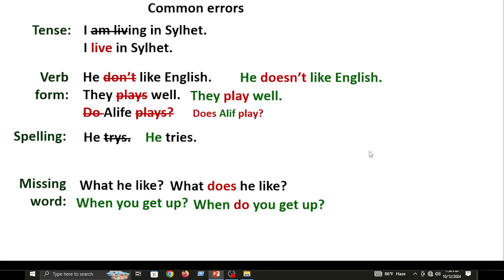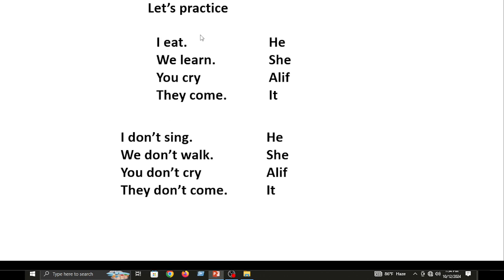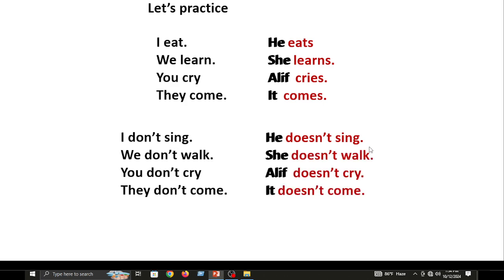Okay, this is really simple. Okay, let us practice it. I eat, but here will be he eats. We learn, but she learns. You cry, Alif cries. They come, it comes. Look at here, I don't sing, he doesn't sing. We don't work, she doesn't work. You don't cry, Alif doesn't cry. They don't come, it doesn't come. So very simple. In this way you can use the simple present tense and you can make conversation using simple present tense, and you can use it for